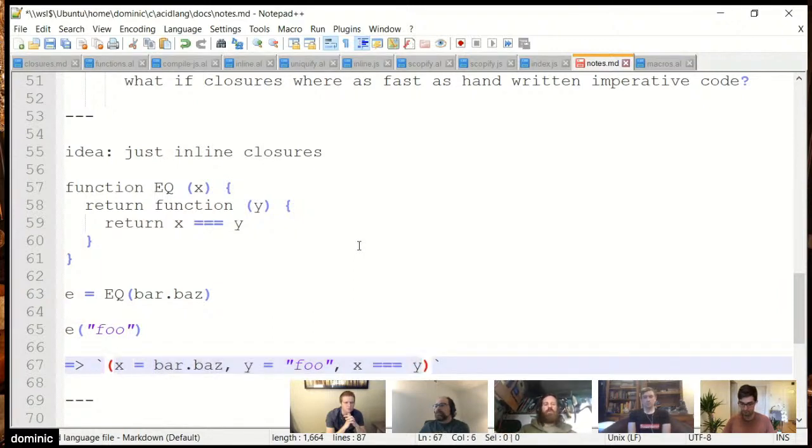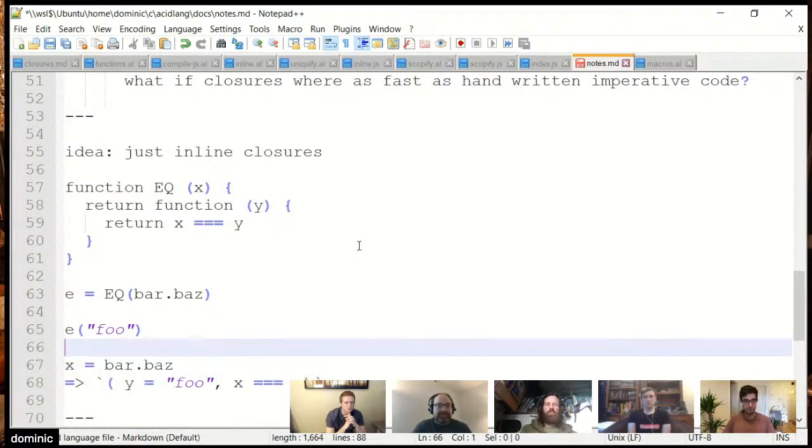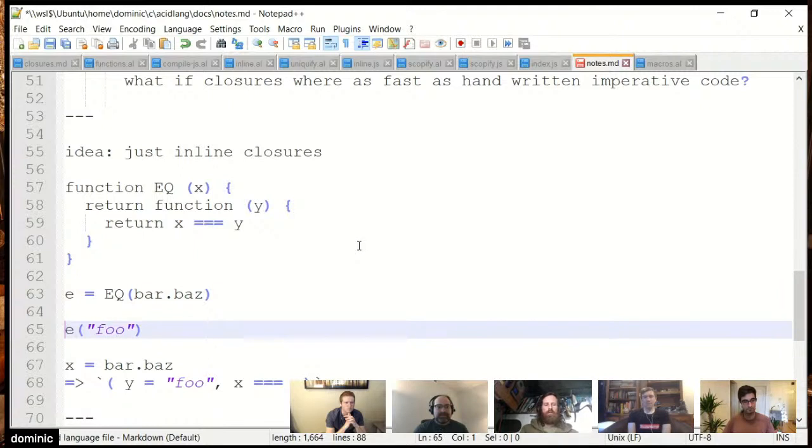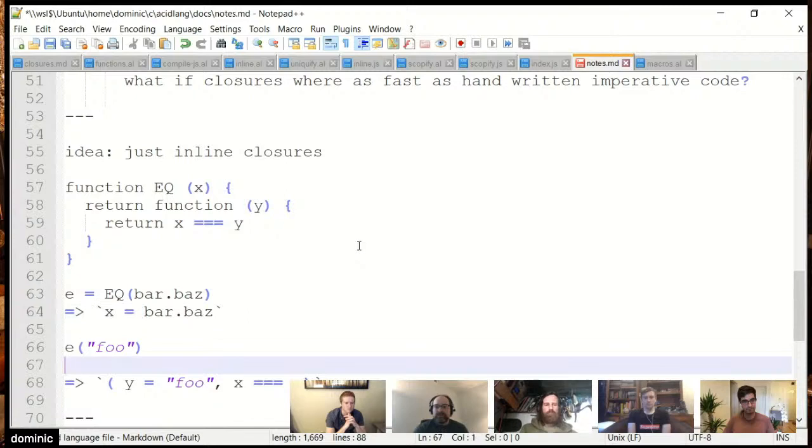So it sets the arguments of the expression to the arguments you passed in. So it sets X to bar.baz. Actually, that's not right. That would happen higher above in the scope, because at the time that you created the thing, that would be inserted there. Then x.e.foo becomes assigns y to foo, and then does the thing without doing any function calls. So it becomes as expensive as local variables.